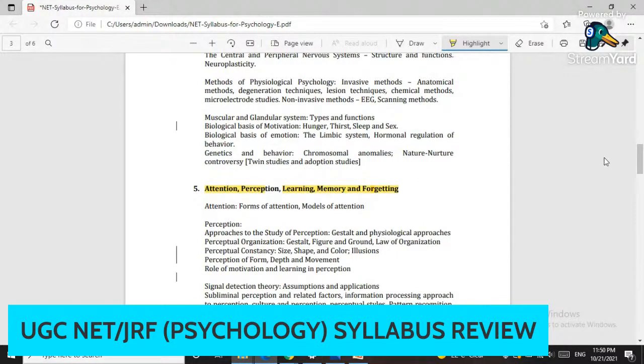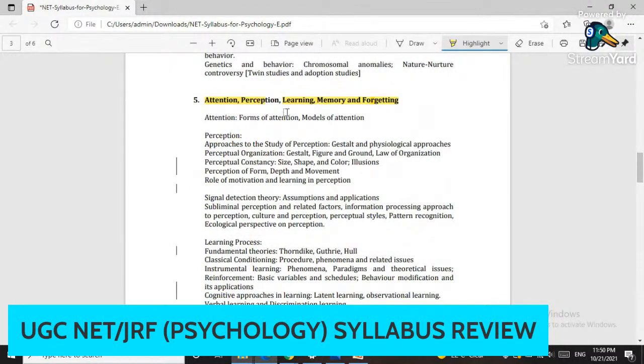So in this unit, unit 5, we are covering attention, forms of attention, models of attention, and the second part, that is perception, approaches to the study of perception, gestalt and physiological approaches. Perceptual organizations is a very important topic, and it is generally asked in various examinations, not only in NET JRF. So it is also included in it. A perception of form, depth, and movement. Very many questions have been asked from this portion, and in this signal detection theory, subliminal perception, related factors,